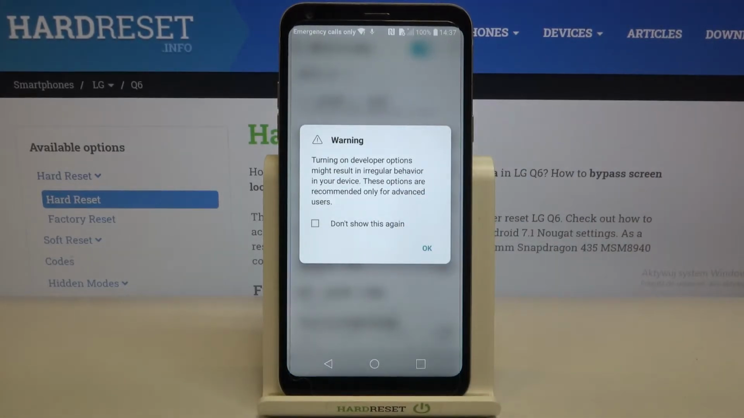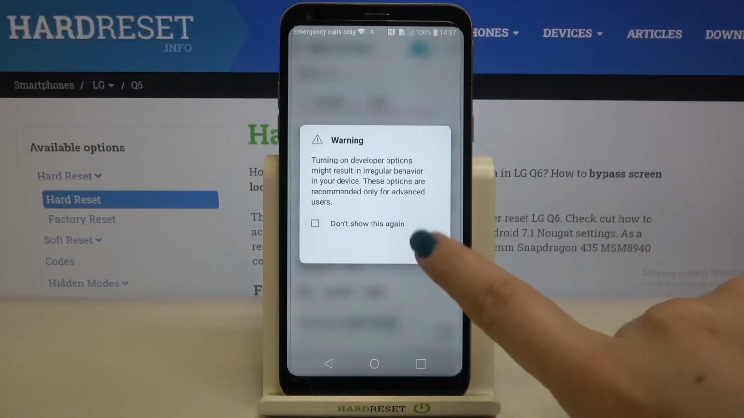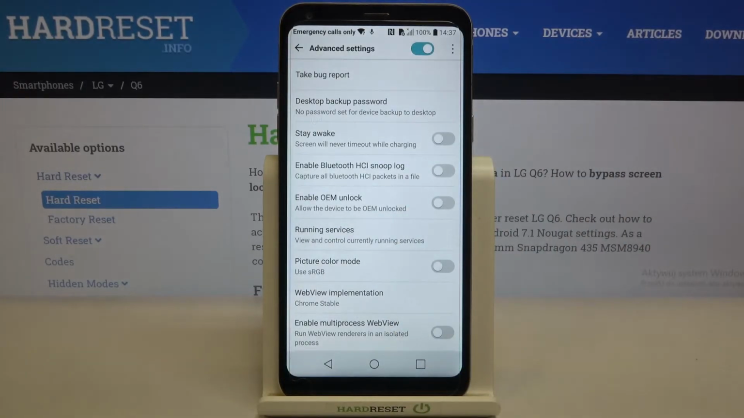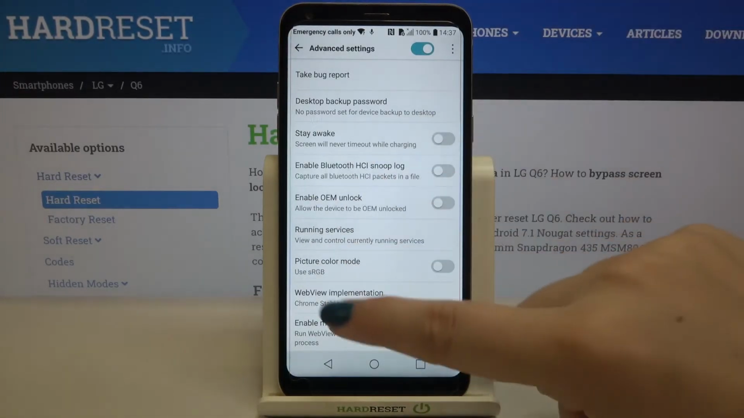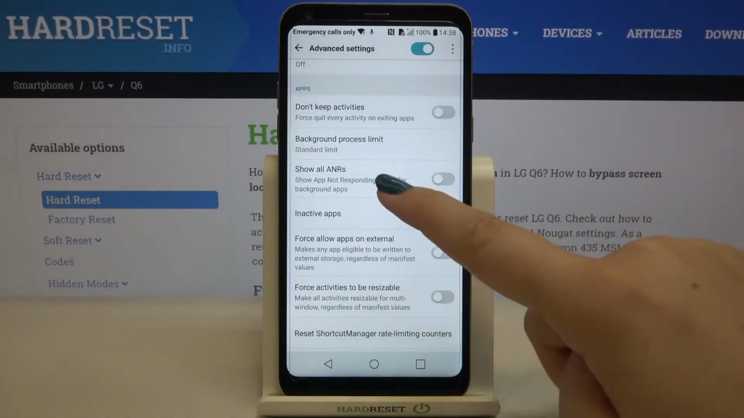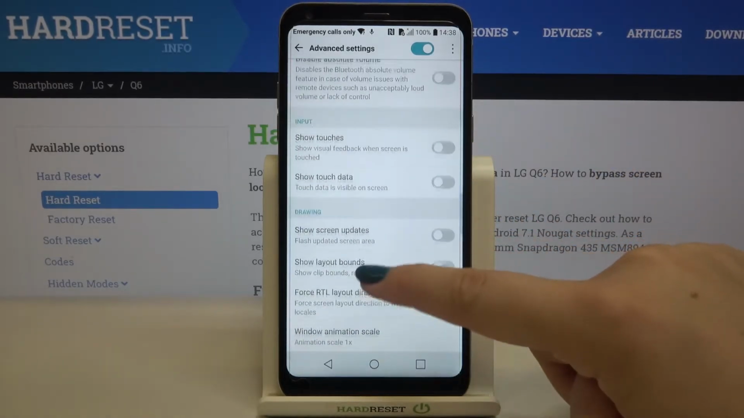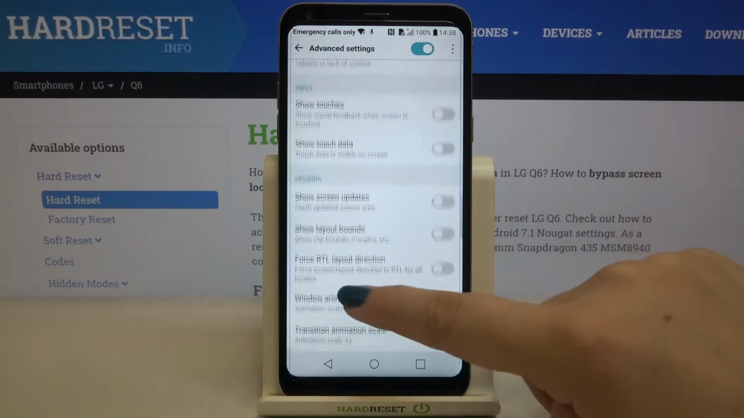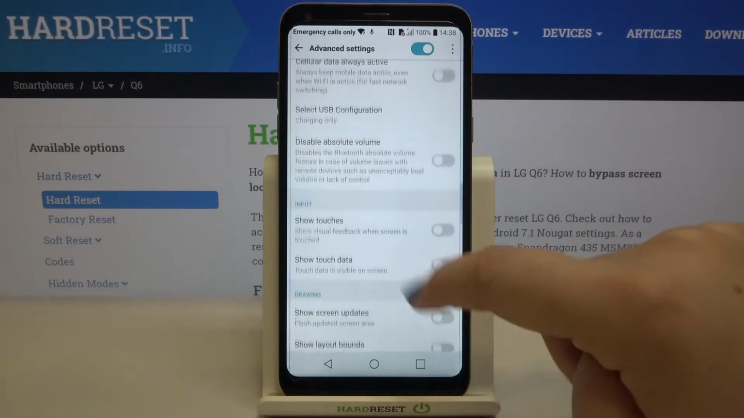Okay, here we've got the warning that turning on developer options might result in irregular behavior in your device. It is because those options are advanced. So just tap on OK and be careful with customizing the developer options. So as you can see here, we've got plenty of advanced settings which we can customize. So for example, here we can show layout bounds, we can show touch data, we can show visual feedback for